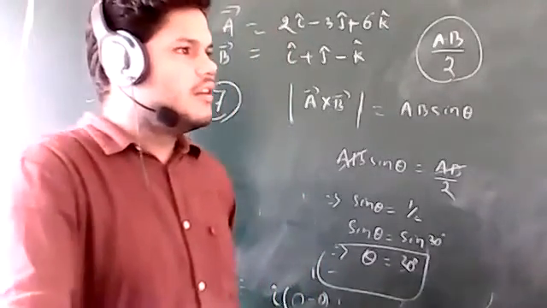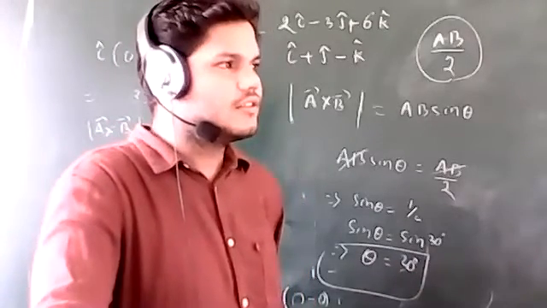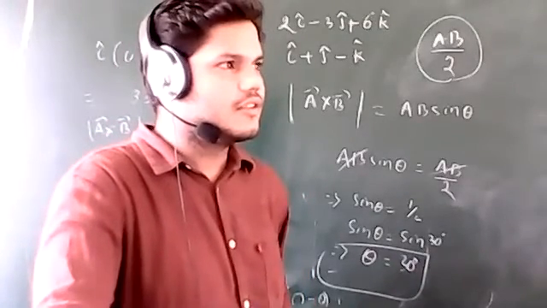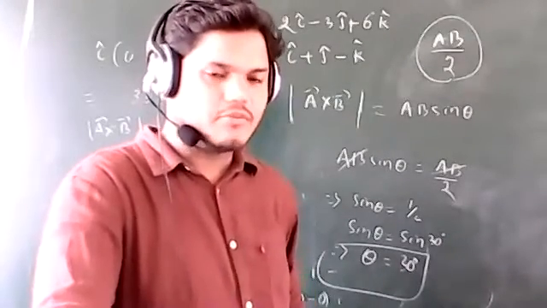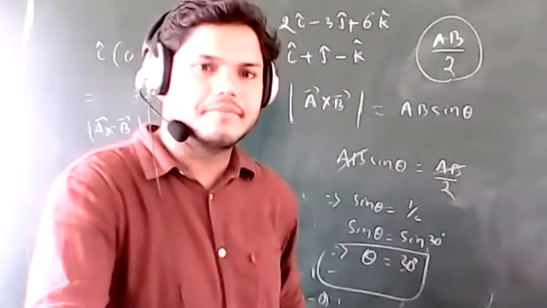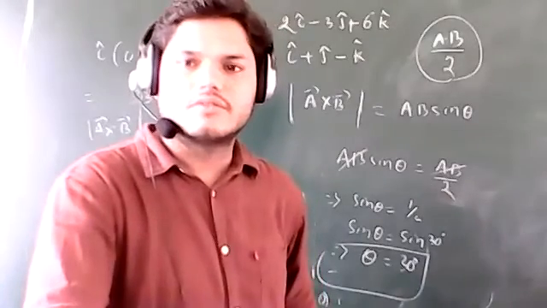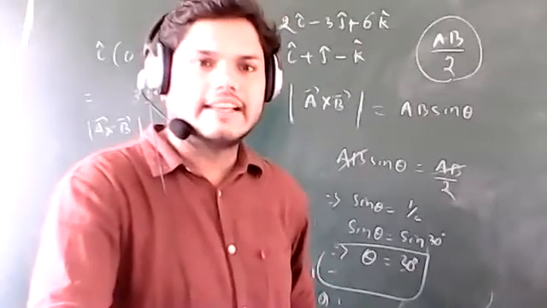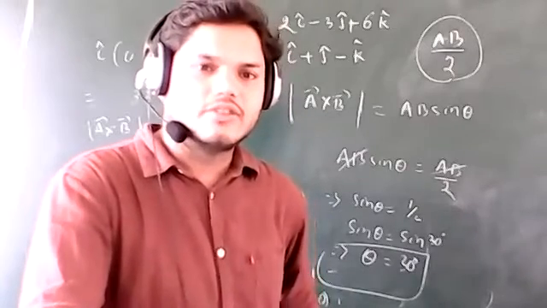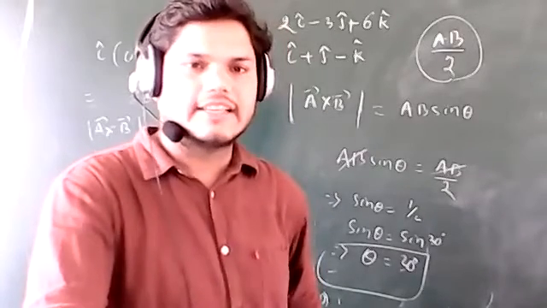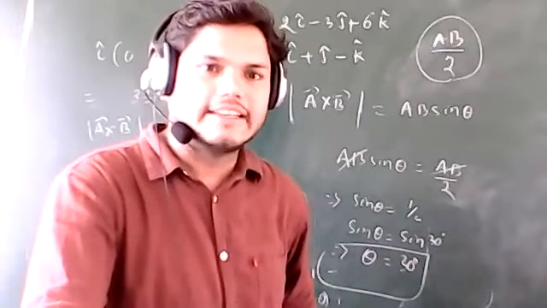Magnitude of A cross B upon AB sin theta. This is the formula for n cap. Yes, sir, because A cross B is equal to AB sin theta. No, no, no. You are telling magnitude of a cross b, that means it is AB sin theta. You are also dividing by AB sin theta. That will be 1. Yes or no? But you have to find out the n cap.